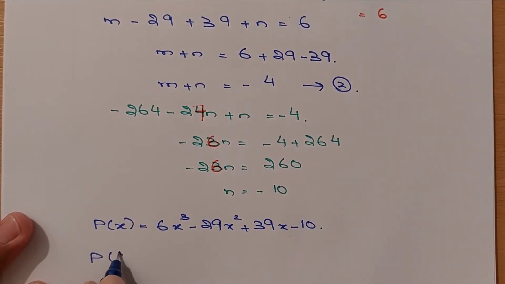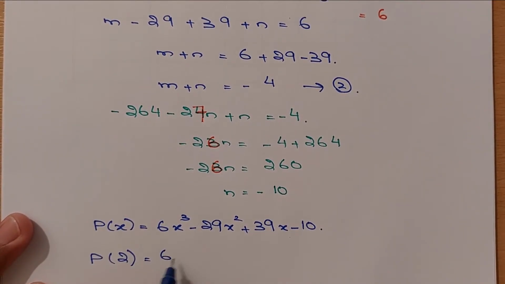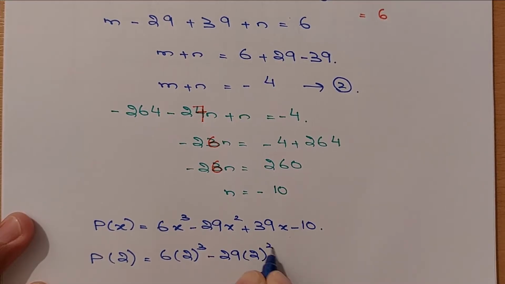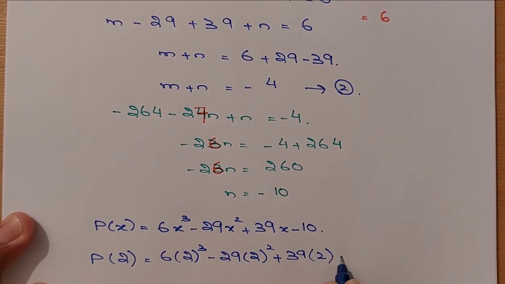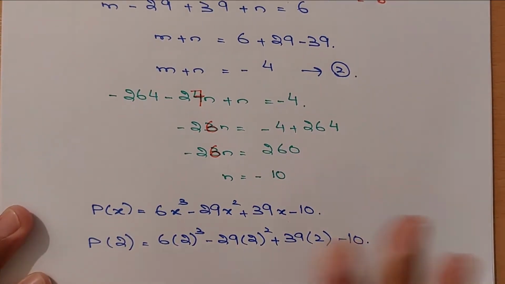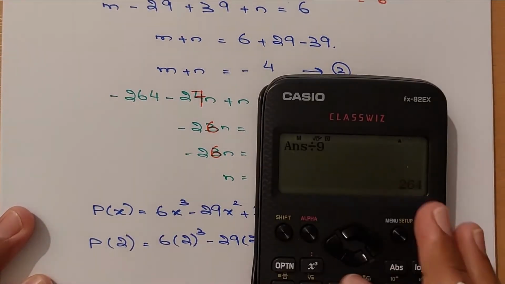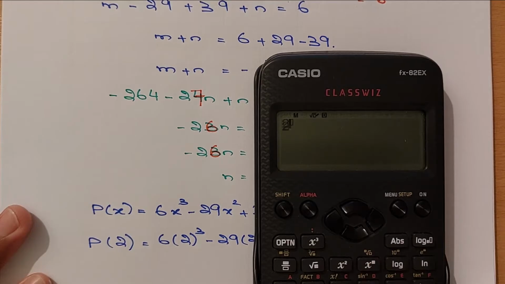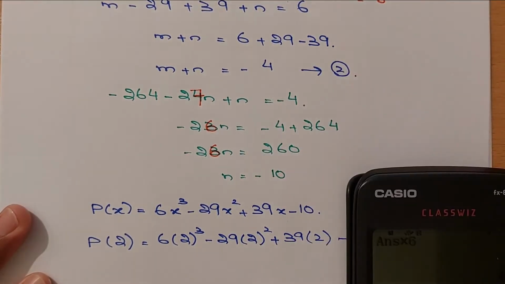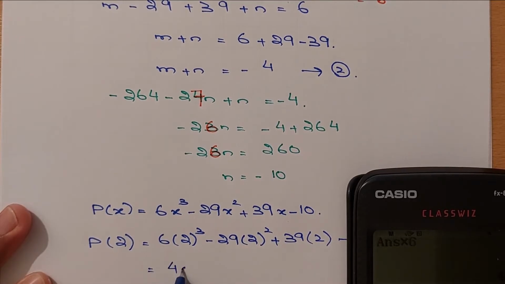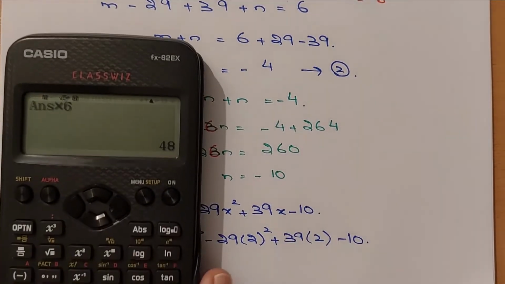So p of 2 is 6 times 2 cubed minus 29 times 2 squared plus 39 times 2 minus 10, right? Let me simplify this. So 2 cubed is 8 times 6, that is 48. So this is 48 minus 29 times 4,